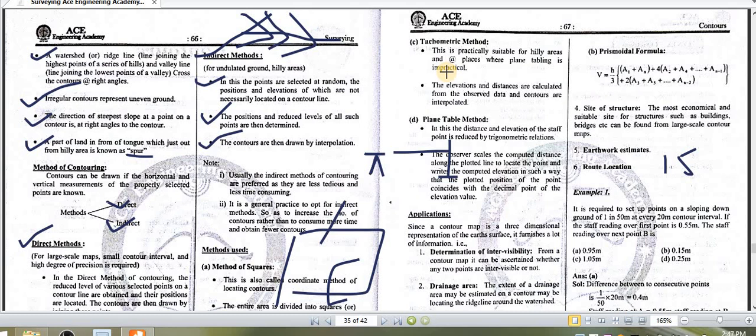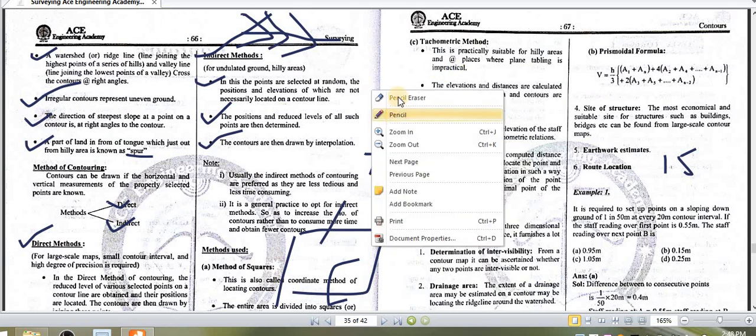So in this you need to measure what? The horizontal distance as well as the vertical elevation. So for this method, if you have an area which is very hilly or has depressions, in that case you will have to adopt what? Tachymetric method. One more method is also used, that is called your